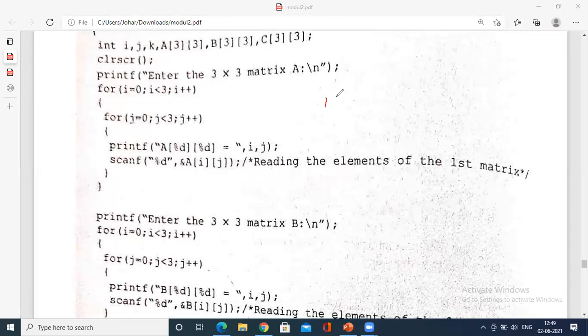See, if you take one matrix, 1, 2, 3, 4, 5, 6, 7, 8, 9, this is a 3 cross 3 matrix. So this is A of 0, 0, first, similarly A of 0, 1, next A of 0, 2.